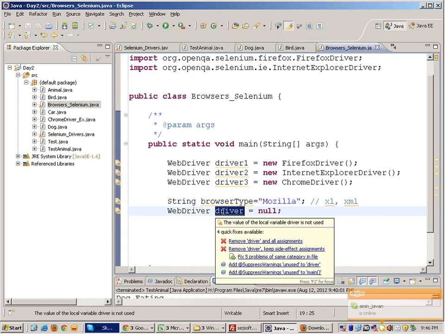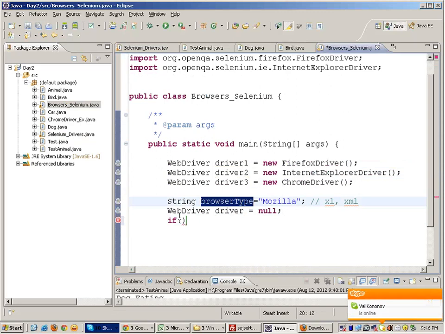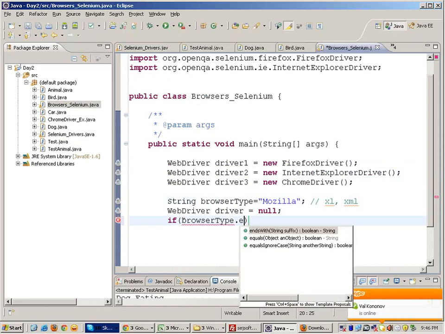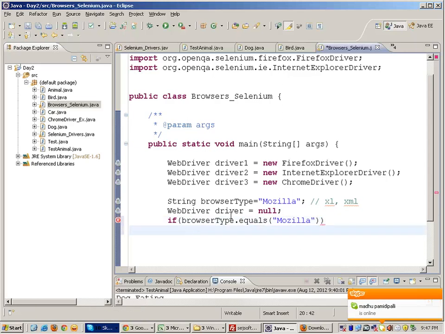Keep it null in the beginning, so this interface reference is not pointing to any of these three objects, and then you keep an if statement, that if the browser type is equal to Mozilla, in that case go ahead and